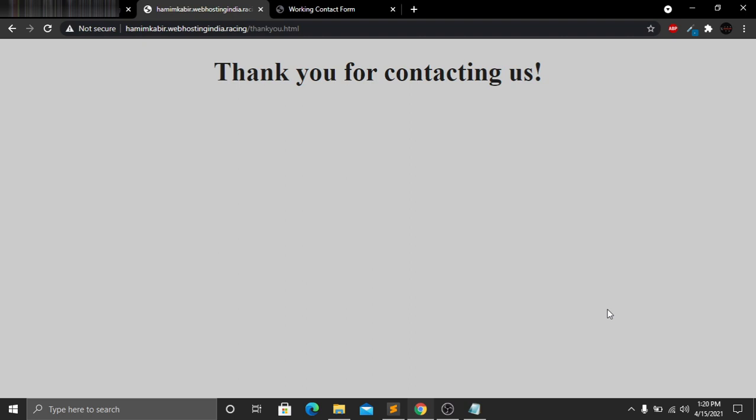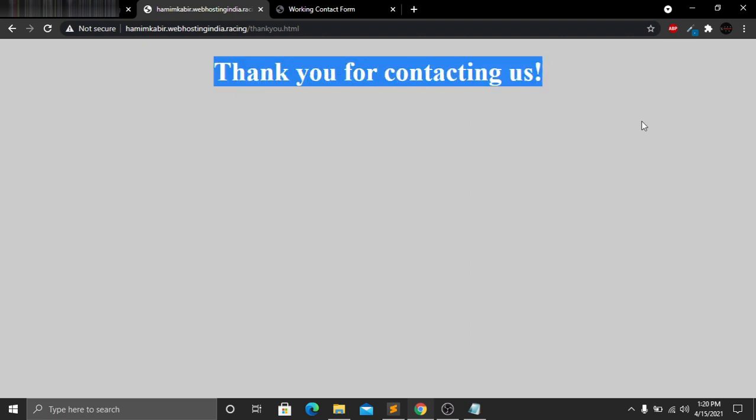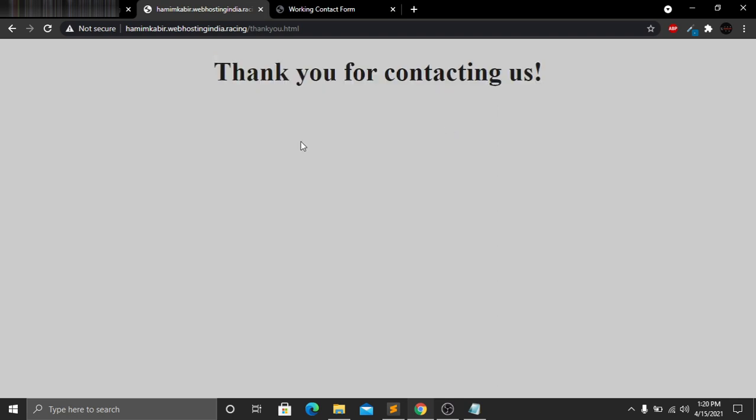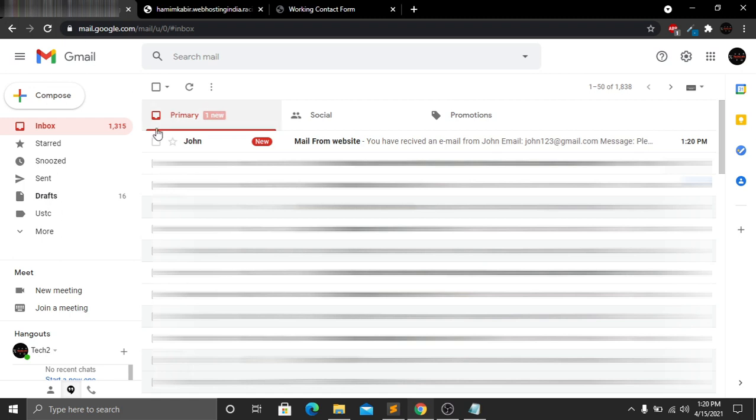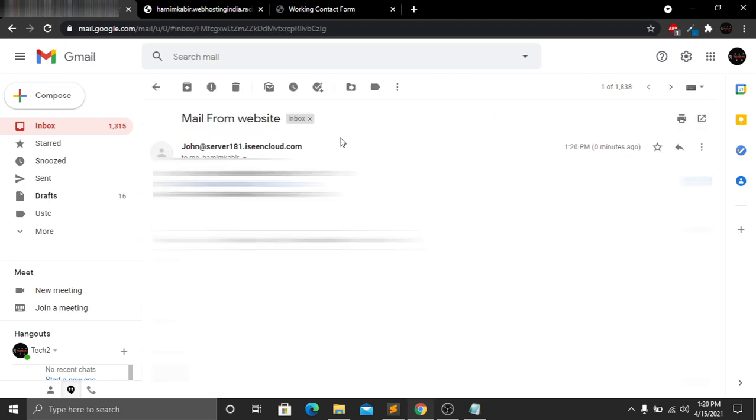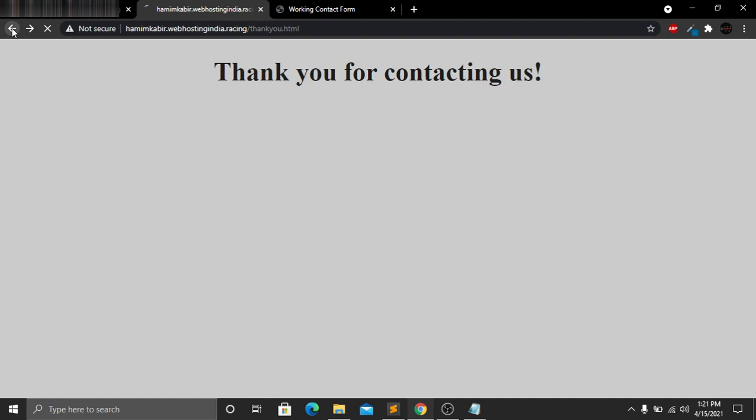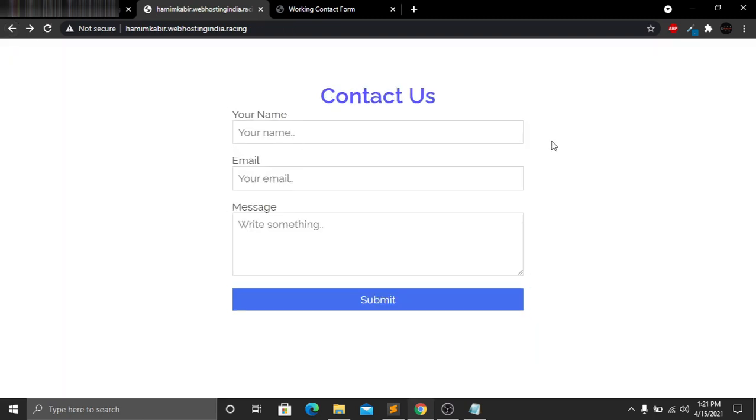So guys, here you can see that after completing the sending process, we see a message saying thank you for contacting us. And now if I go to my email inbox, here you can see that I have a message from John. Let's open this mail, and in the first line you can see that you have received an email from John, and here is the email and here is the message: please guys subscribe. And I will show you how to create this complete working contact form using HTML, CSS and PHP easily